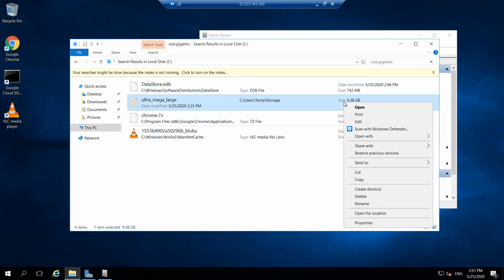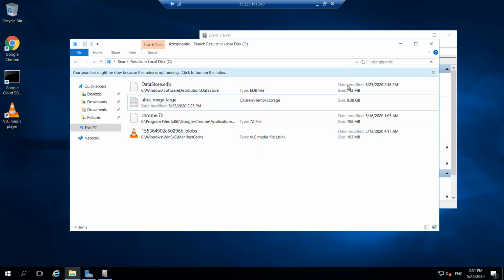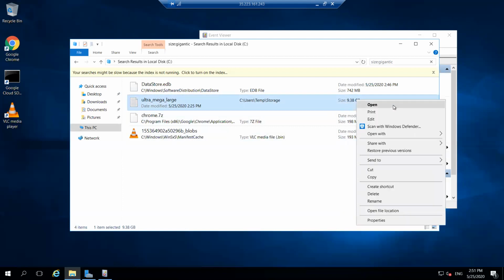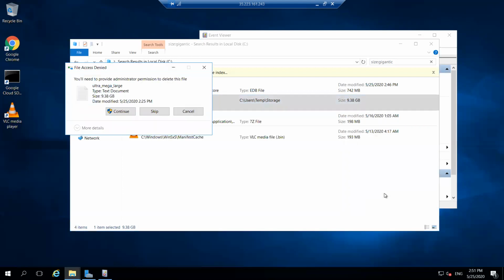We have renamed it as ultra mega large just to understand clearly in this lab, but you have to always go for the size, not for the name. So here 9.38 GB, we are going to delete it. Just click on the delete option.